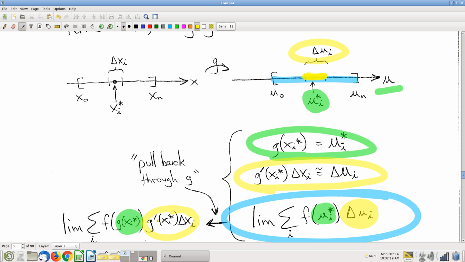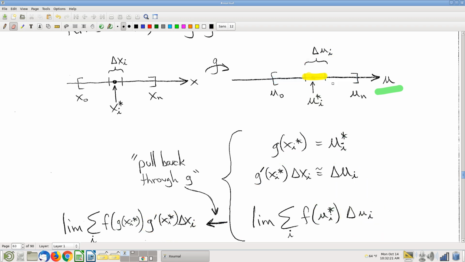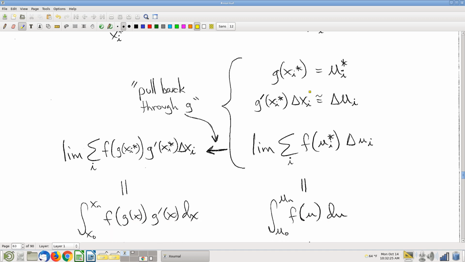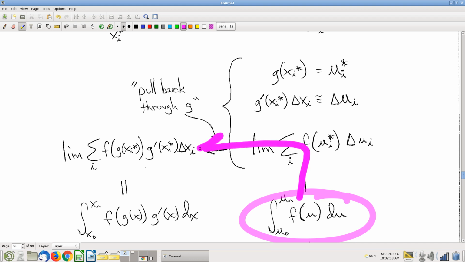Okay, now, again, why do we care? What's the point? Keep in mind we started with an integral on the u-axis for no particular reason. We wrote that integral as a Riemann sum. We have now rewritten that Riemann sum of u as a different Riemann sum. And notice that now everything's in terms of x, and even though it came to us as that times that,